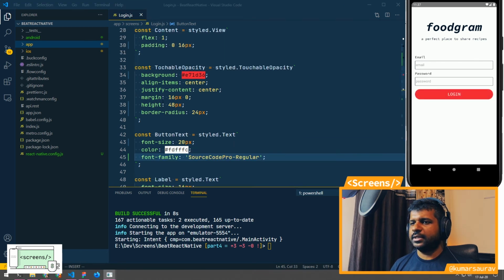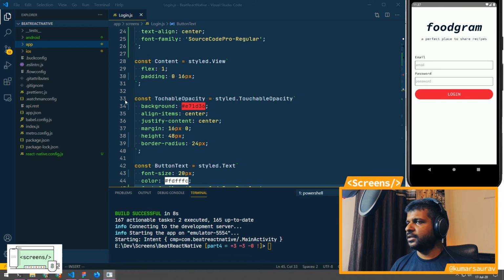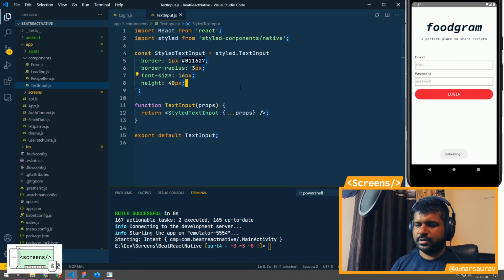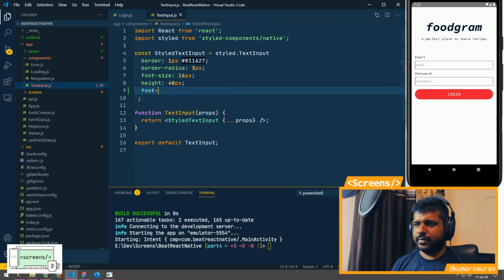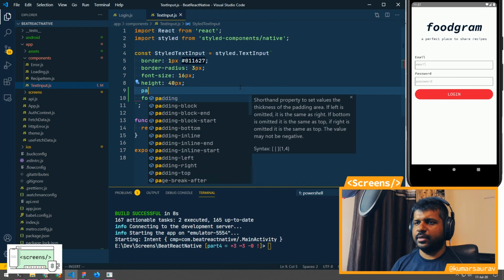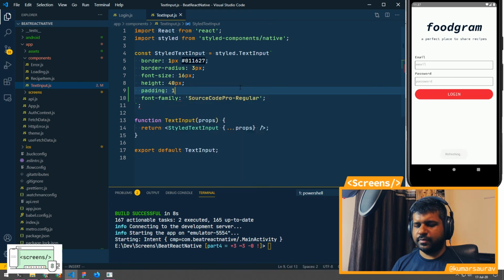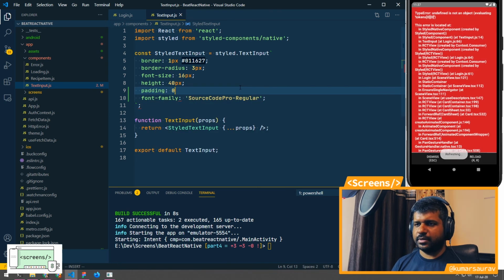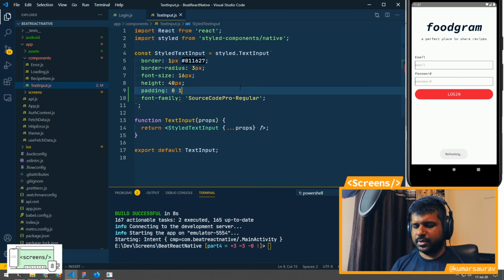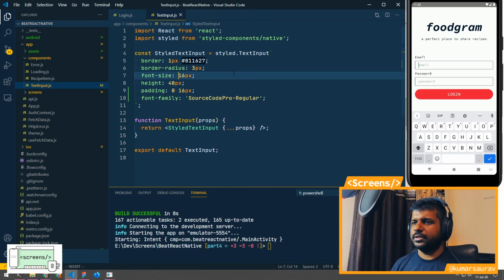Let's go ahead and style the input really quick. For the input, add a padding of 16 pixels... 0 pixels top and bottom and 16 pixels left and right, and the font size is 16 pixels. Cool. And we need to change the border.